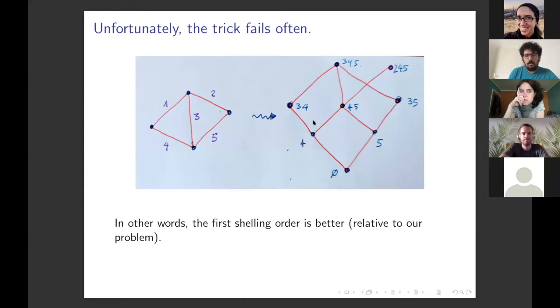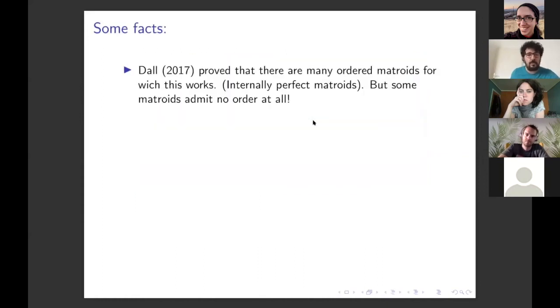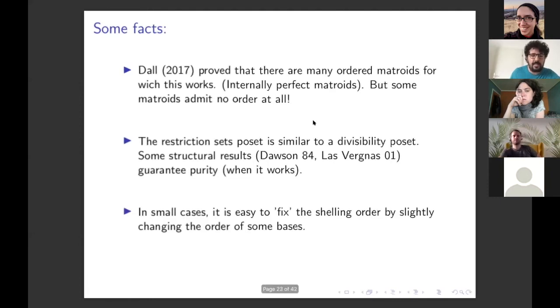Okay, and what we're proposing is that we should study this carefully. I do not want to start listing all the theorems that are known about Stanley's conjecture, because my talk would be over basically. But the point is that there are several results already known in the literature. For example, Aaron Dahl proved that there are many different ordered matroids for which this works. He called them internally passive matroids. The restriction sets